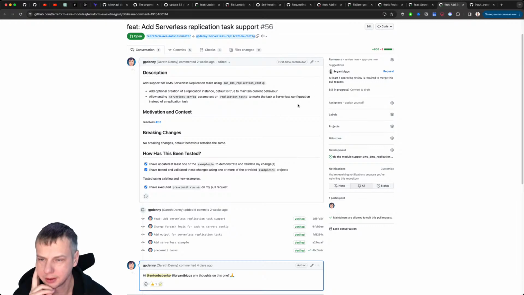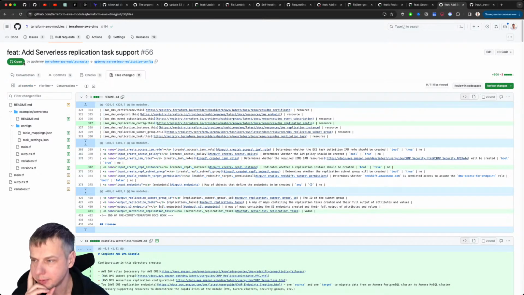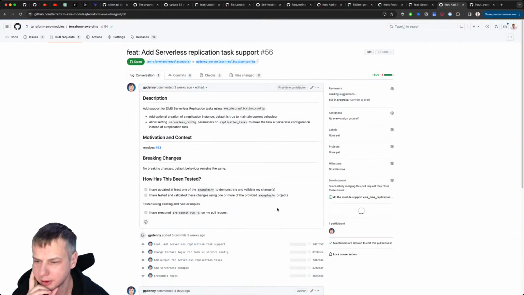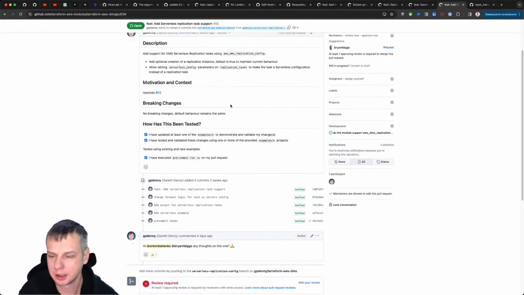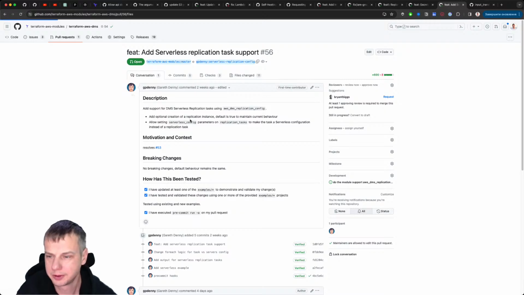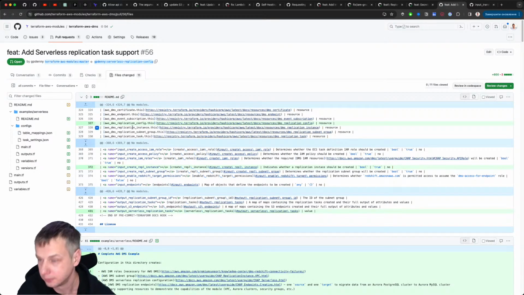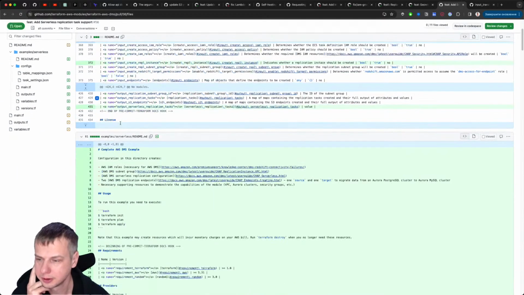Again, Brian has made it. Hopefully, Brian understands it a bit more. But I'd like to take a look into this one, because Goddard has made quite a lot of changes here, and it was already 2 weeks, so it's a good idea to see what it does. So overall, he's adding a new resource, a DMS replication config,